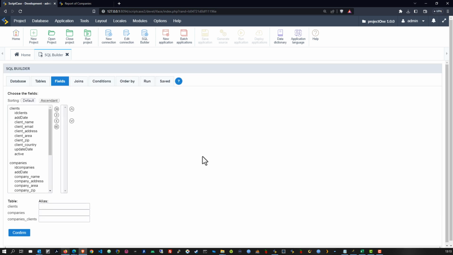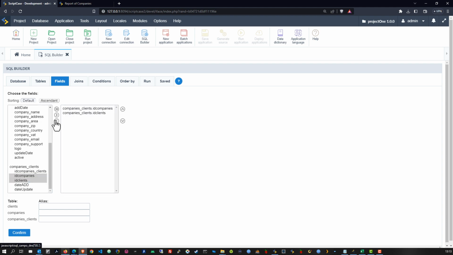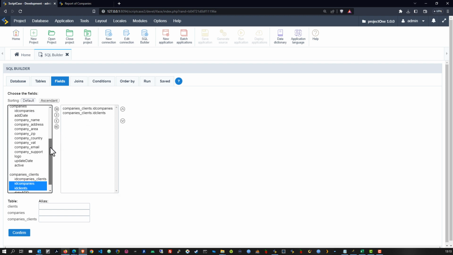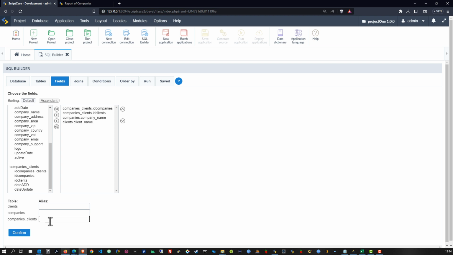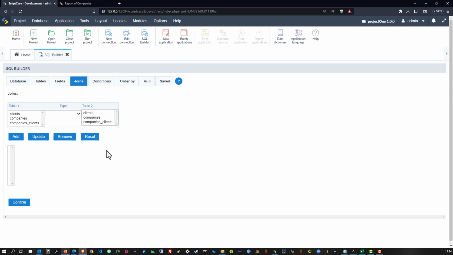I will confirm that. And now what I want is then first of all the ID client. I don't need that because it is down here, so I can actually grab those initial IDs that I need because they are there available. And then of course I can then from here take the company name, the client name, and any other information from here that I really wanted. I think that's really enough for now. I don't really need any more, and we can actually continue, but I want to add down here an alias because companies clients is a little long. So I'm just going to go A, B, and C, confirm that,